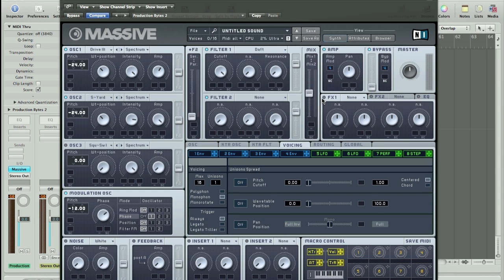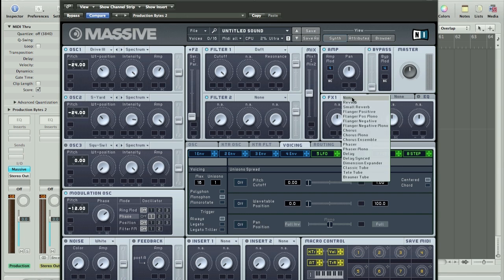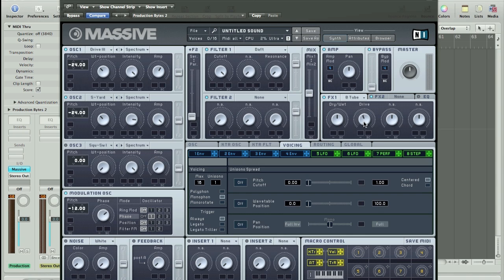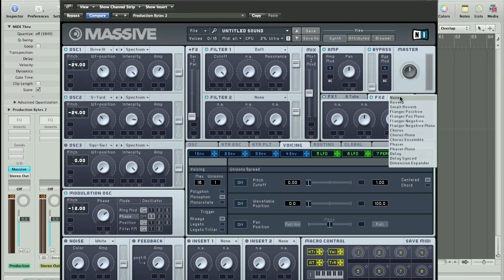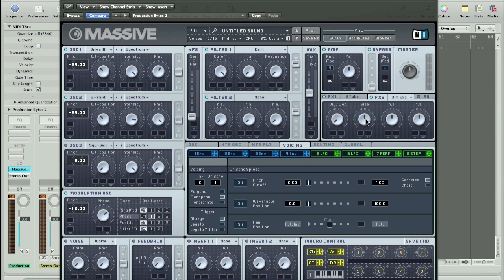Then we're going to look at our effects, and we're going to use both effects. The first one being a tube distortion, and we just want to use it just a little bit. It's always good to use distortion in slight moderation. And then the second one is going to be the dimension expander, and again you just want to use it just a little bit just to widen up the sound, just make